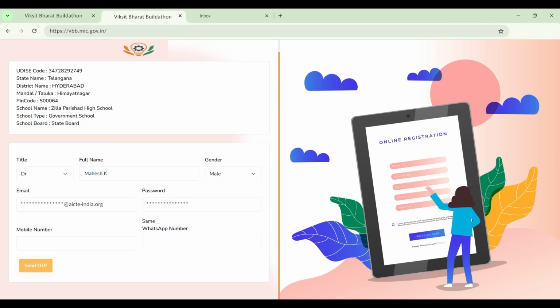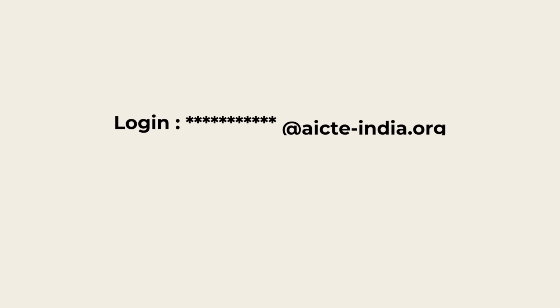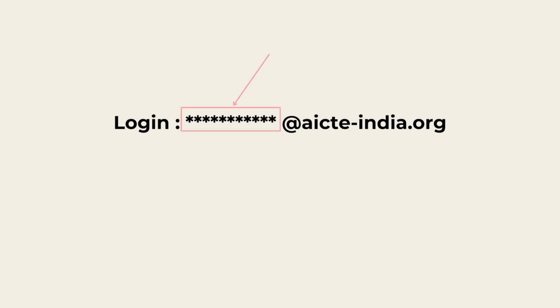Enter your active email ID. Remember that you will be receiving an OTP to this email ID to verify your account. Mention your active WhatsApp number where we can reach out to you in case of any queries or support. Note that your password is system generated and will be the first part of your email ID, that is, before the @ symbol.